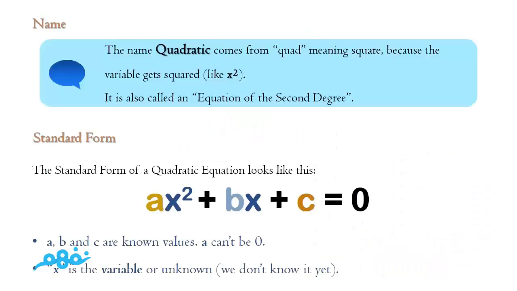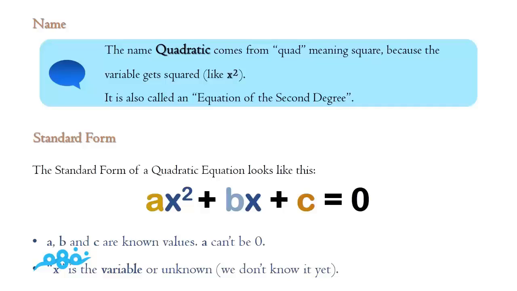Okay, and about the etymology of the word, or where did the name come from? The name quadratic comes from quad, which means square in Latin, because the variable gets squared. When I say x to the power 2 or x squared, it's also called an equation of the second degree. You know that equations are categorized by the largest degree in the function,